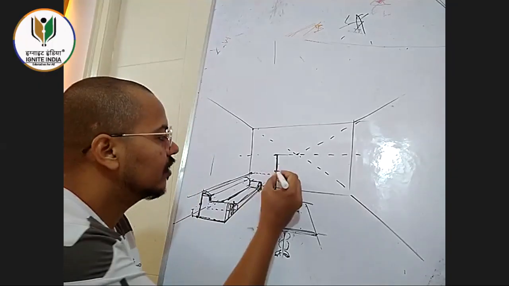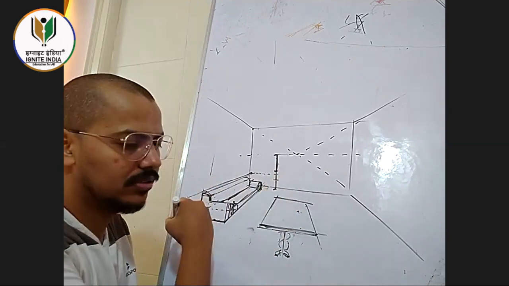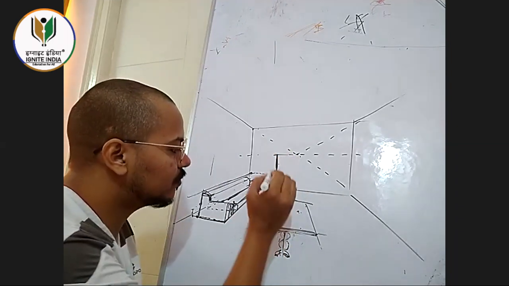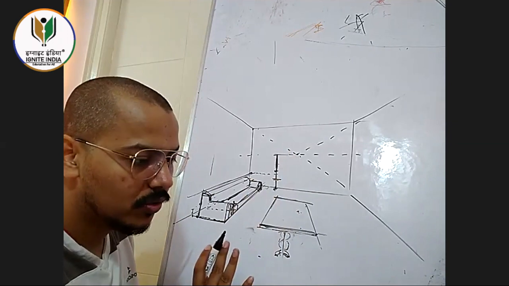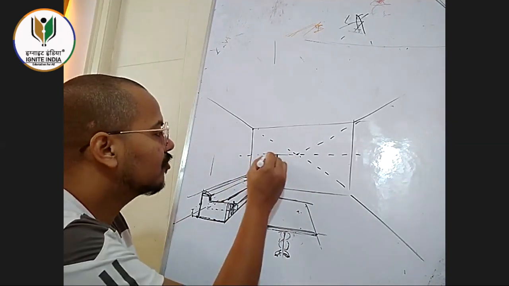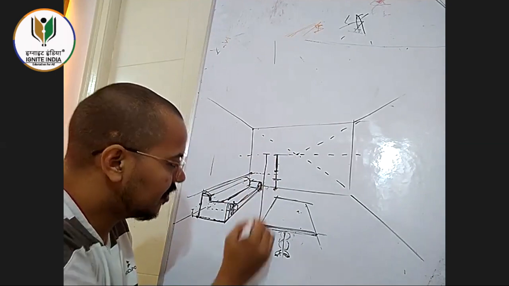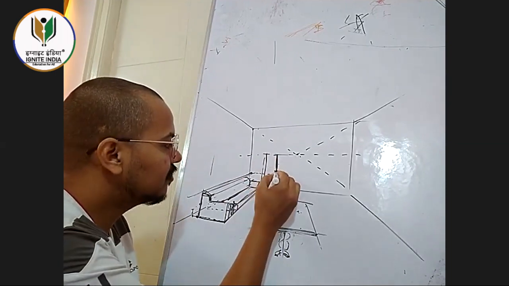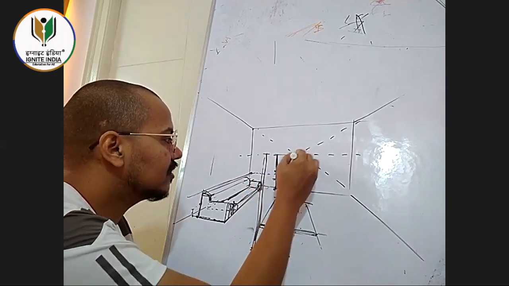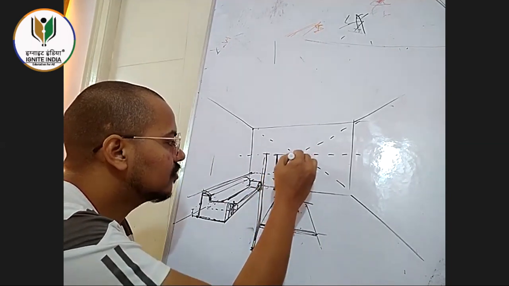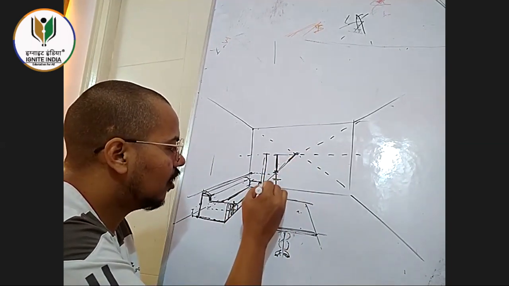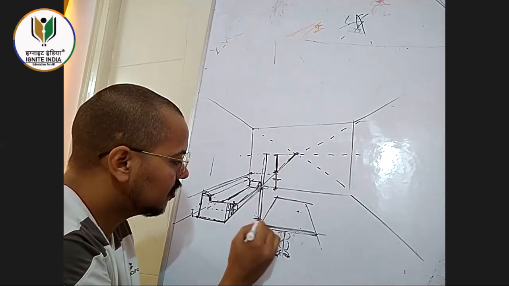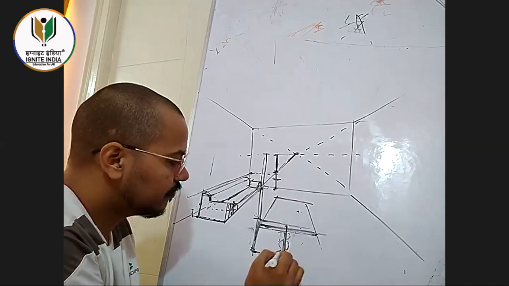Where will the knee come? Half of that. Now this is the height. If the person is standing here, it's going to look like this much. But if the person is standing here, what's going to happen? How much will the height look, from here till here? That's the height of the person if standing here. Half. How to maintain that half? If you draw a line like that, okay, almost coming here. And half of that, you maintain this. This will be the height of the table.